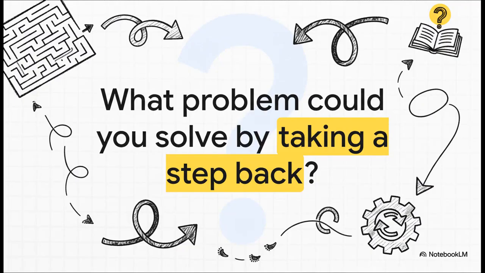So when you think about it, backtracking teaches us this really powerful lesson that goes way beyond just code. It's a reminder that sometimes the only way to truly move forward is to have the courage to take a step back, admit a decision was wrong, and try a totally different path. It's really the art of the second chance built right into an algorithm. So the question I want to leave you with is, what impossible problem in your life could you solve by simply being willing to take a step back,